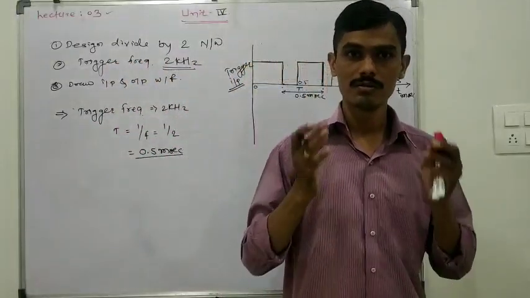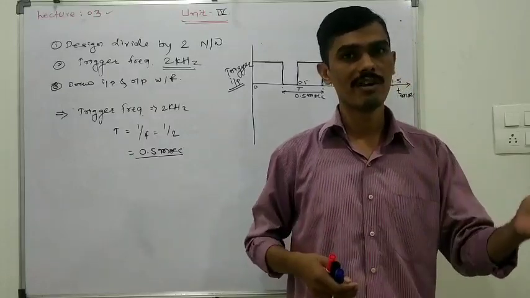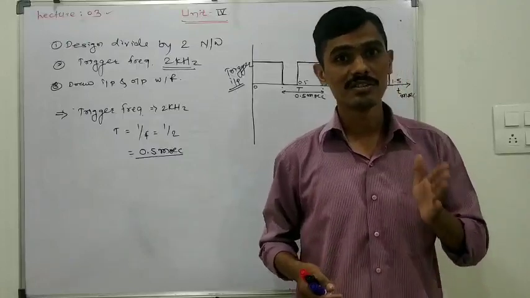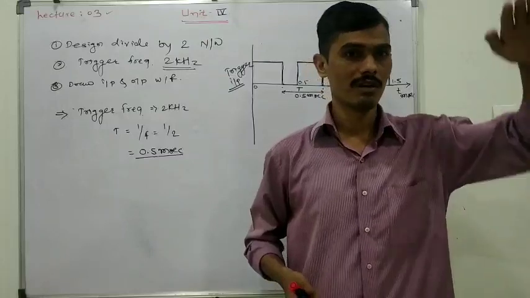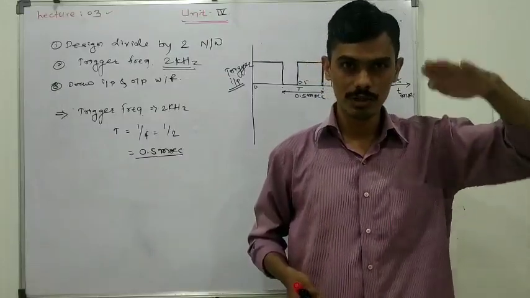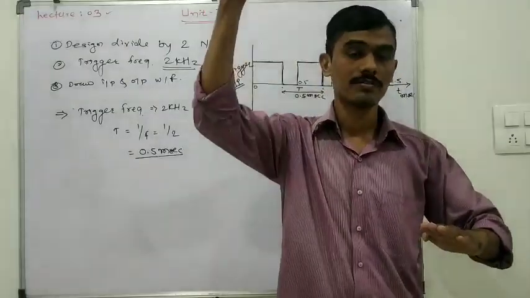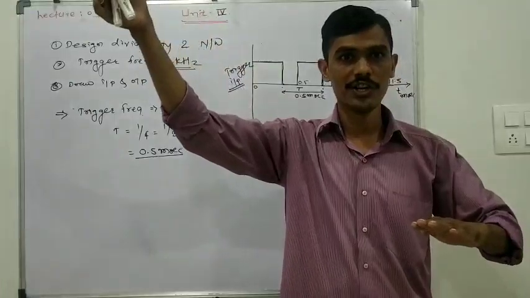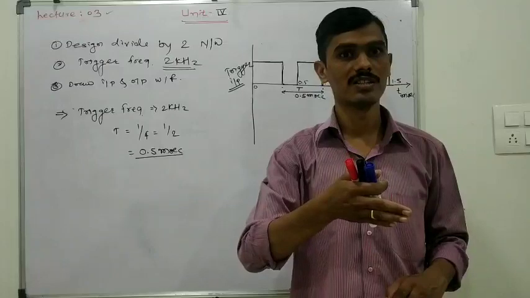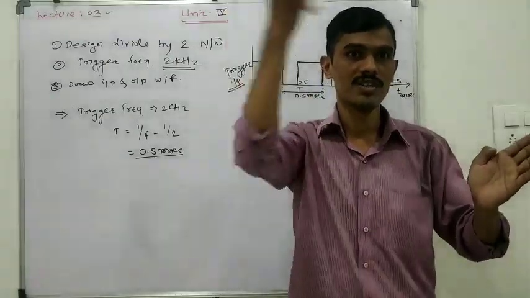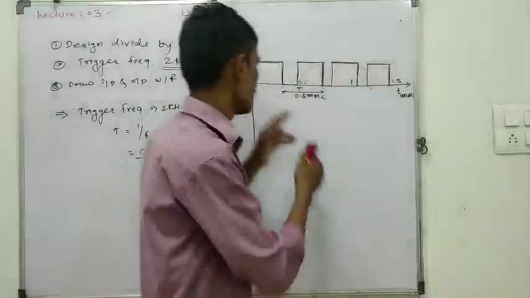If you look at the working of the monostable multivibrator, how will it work? Whenever the trigger signal goes down below 1/3 of the VCC, at that time the capacitor is going to charge. Because ultimately the transistor is in off condition. If the transistor is in off condition, the capacitor is going to charge through the resistance RA, that is, from VCC through R, and the capacitor is going to charge. So I am considering this point.